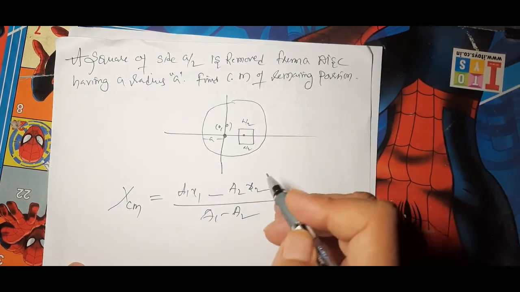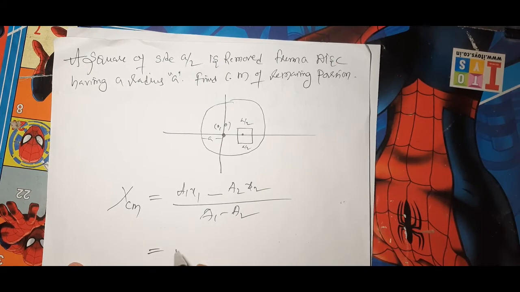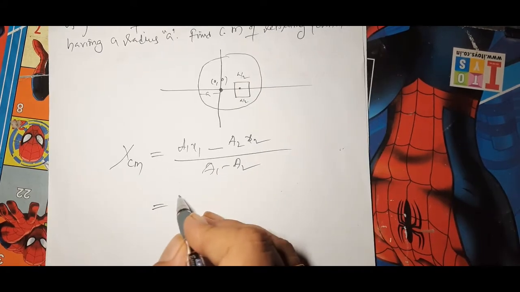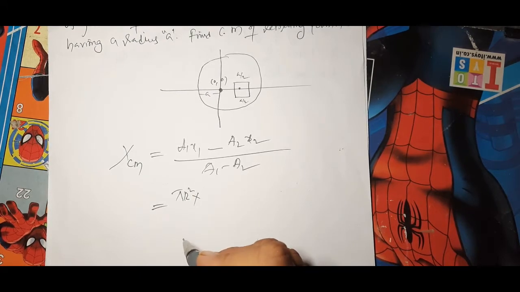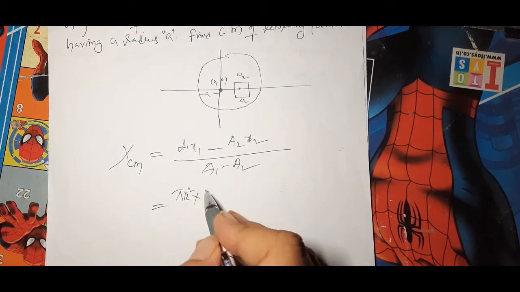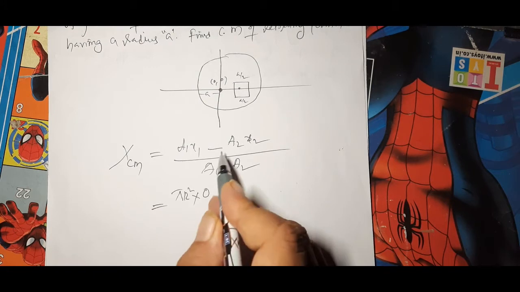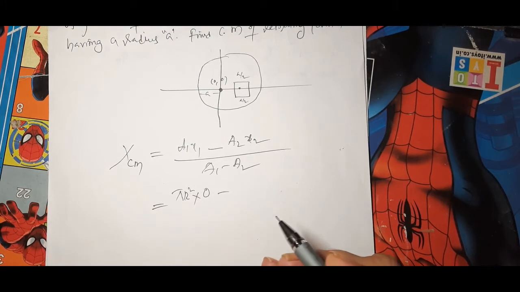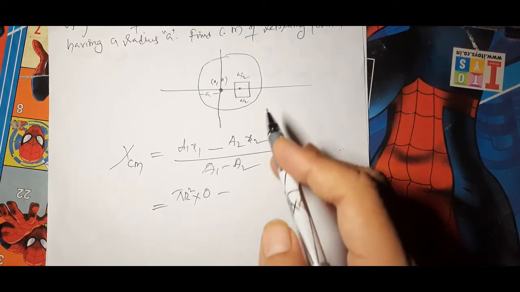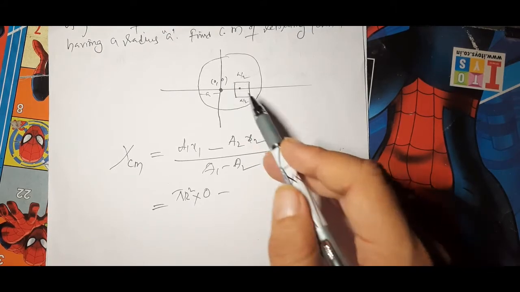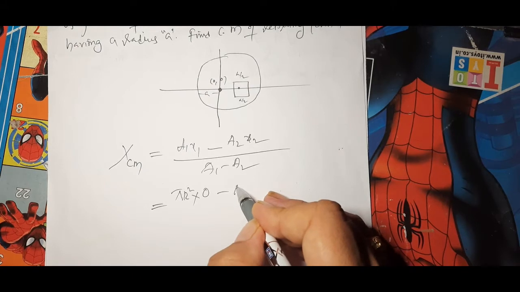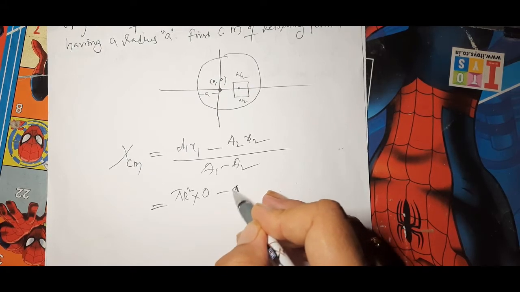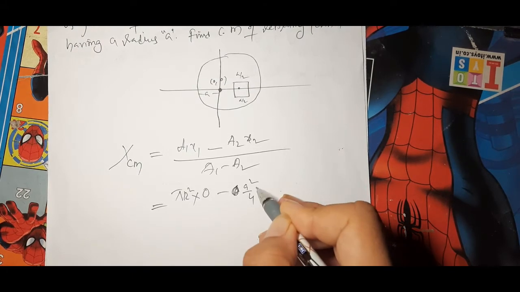Here we write area of this disc pi r square into center of mass located at 0, 0, minus A2. A2 means area of the square. Area of the square is equal to A square by 4, into